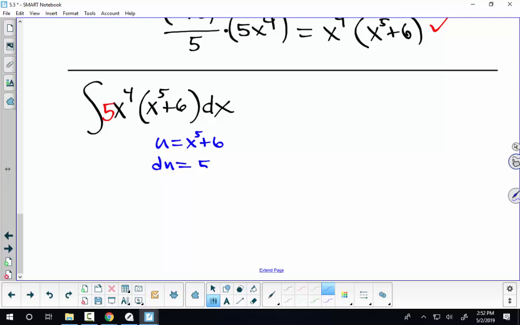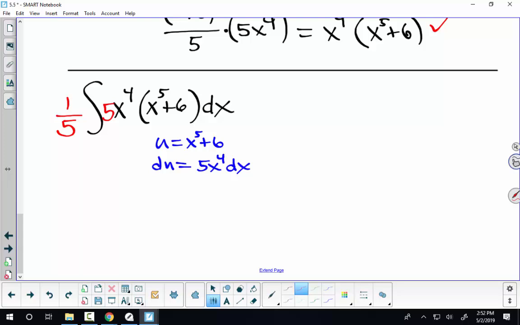So if I multiply this all so that my du is 5x^4 dx, that's what I'm looking at. Well, I've got an x^4 and a dx. Wouldn't it be nice if I had this 5 right here? So I can put that 5 there only if I multiply or divide by 5. Multiply by 1/5 or divide by 5. Does everybody agree that's equivalent to the original? But now it fits u substitution